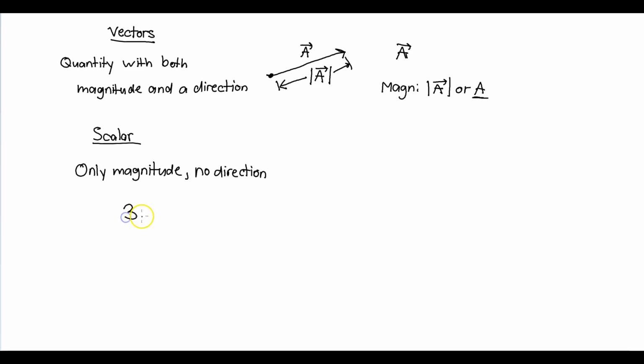So 3 is a scalar, 5 is a scalar. Okay, a mass m is a scalar. But velocity is a vector. You need to know where you're going in what direction. So we're going to go more in depth into the operations and the relationships with vectors to each other and